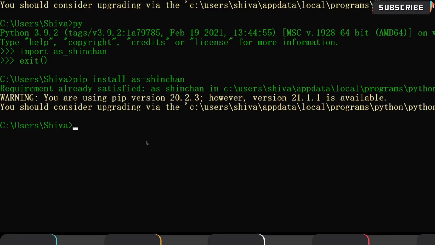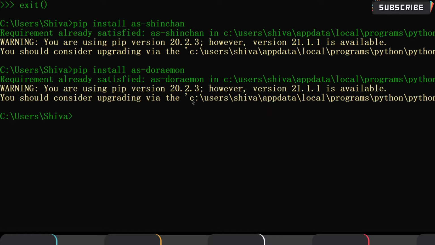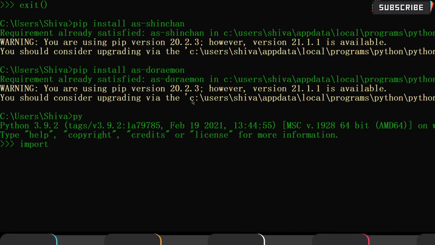You can see here the command prompt. I'm installing the Doraemon module by using pip. You don't need to write any extra code. I will show you how it works. In my machine it is already there, so it is showing requirement already satisfied. Let us verify. Import as_Doraemon.